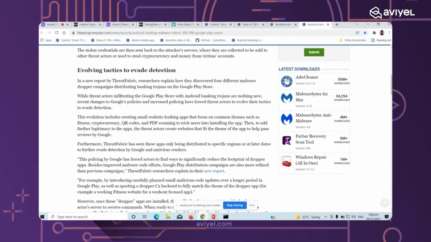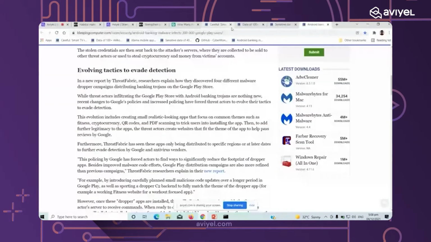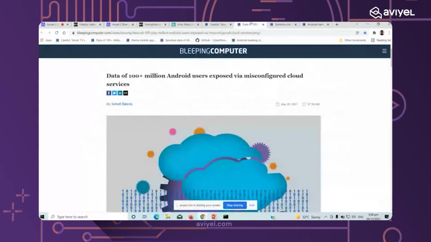Another point is the possibility that a mistake will expose your users. Undoubtedly, your app will contain configuration in which users communicate with backend services and stuff like that. Some configuration will enable the app to collect data and send it, and probably even some internal APIs on your system that are not exposed to the user. But lo and behold, if you use a public cloud storage like Amazon S3, which is quite popular,